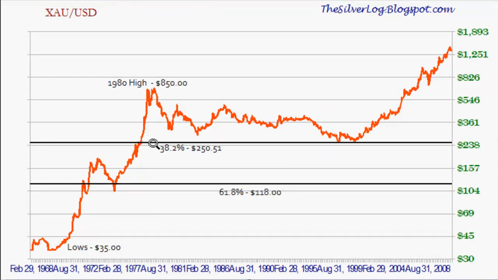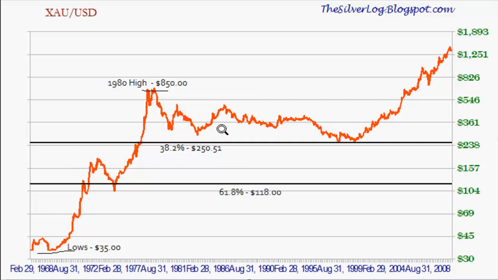And we're going to start off with the Fibonacci from the 1980 highs and the lows of $35 per ounce. These are exponential calculations because when the numbers get really big, it is, in my view, the best way of observing charts and numbers for exponential growth. And when we're in a hyperinflation scenario, which we're pretty much getting close to entering towards, it makes it a little easier in evaluating the